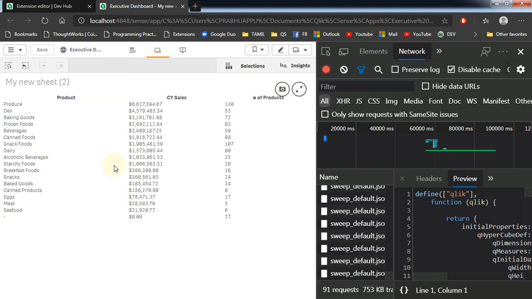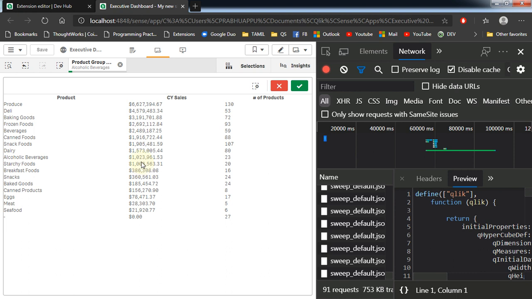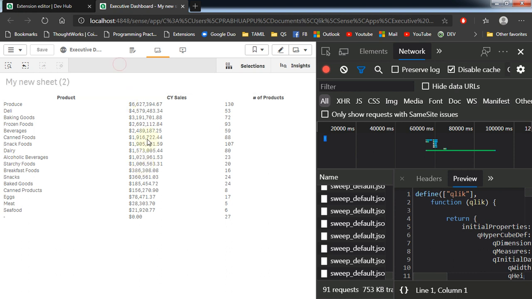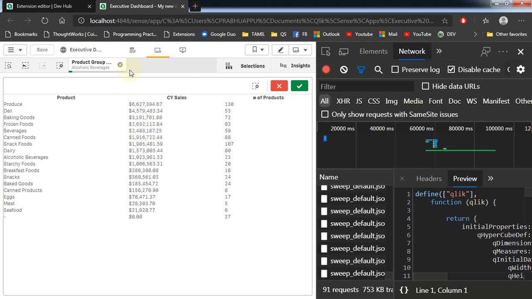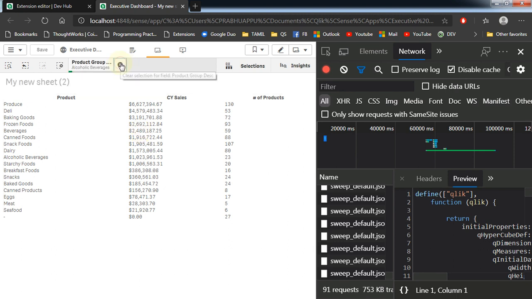So let's see what happens when we select the numbers, right? If I select the number, it is still selecting alcoholic beverage, but if I select canned food, it's selecting alcoholic beverage. So when I make any selection in the measure column, then it is always selecting one particular value, which is alcoholic beverage.